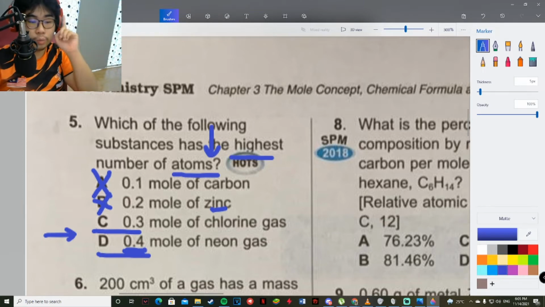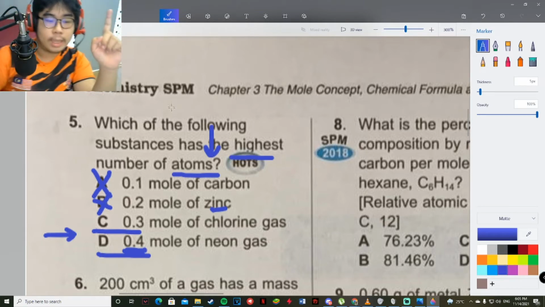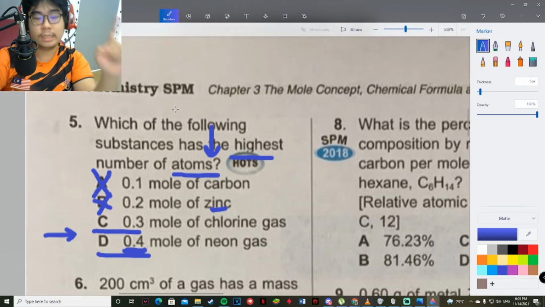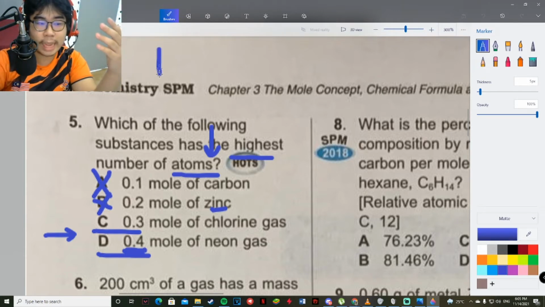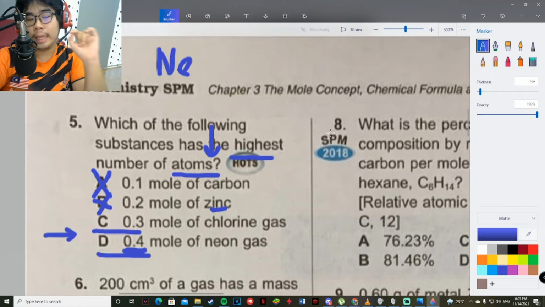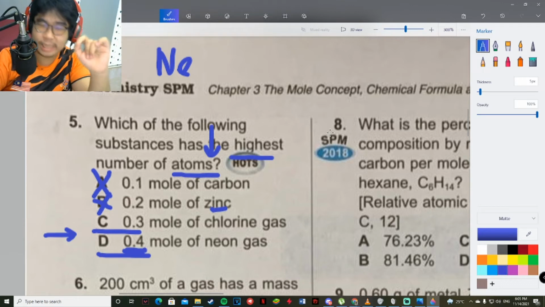But note that there is one tricky catch here with chlorine gas and neon gas. Neon gas belongs to group 18, which is inactive; we call it inert gas or inactive gas. Either way, it means that it is very stable and exists by itself. So neon gas is just Ne, it exists as Ne only. But chlorine gas is a gas that exists as a diatomic molecule. It doesn't just come as Cl. It comes as